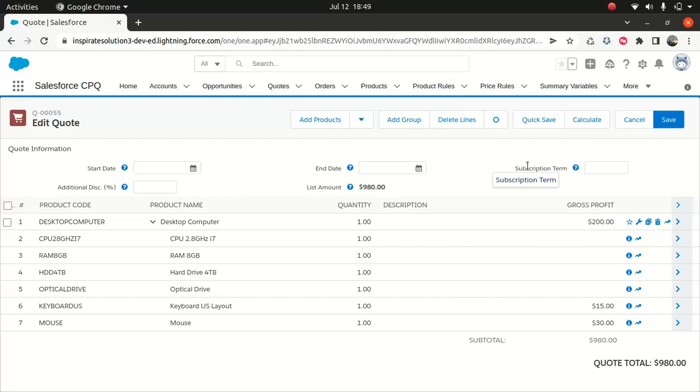Now I wanted to add a warranty to this. The warranty or the maintenance warranty, whatever you like to call it, is 10% of the total bill. So 10% of 980 will be $98. So I will go to the product